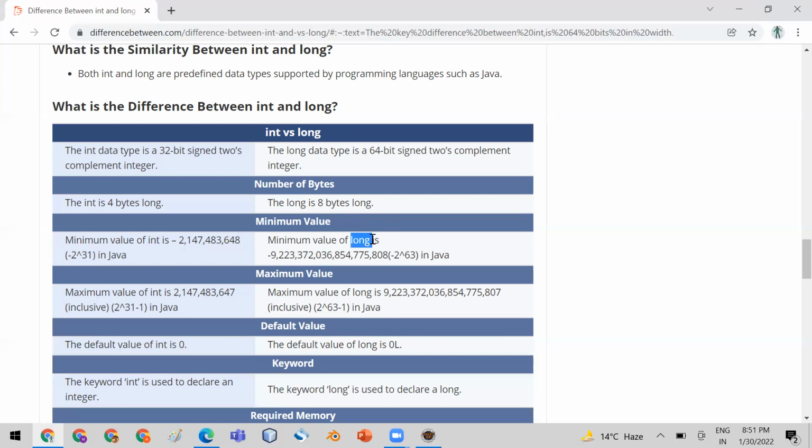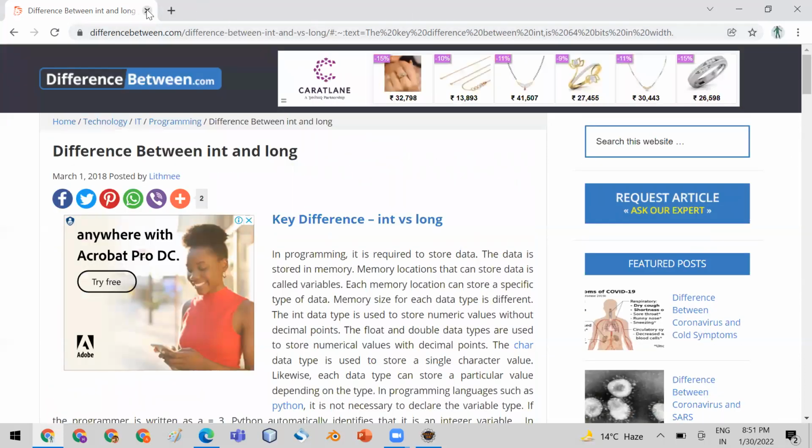So here I just want to tell you that most of the time in your automation, I am sure that you are not going to use long, because your requirement will be fulfilled by integer also. But you should understand why they have defined different types of data: only to save memory. Is it okay? Now you can go and check different types of data types in the article,